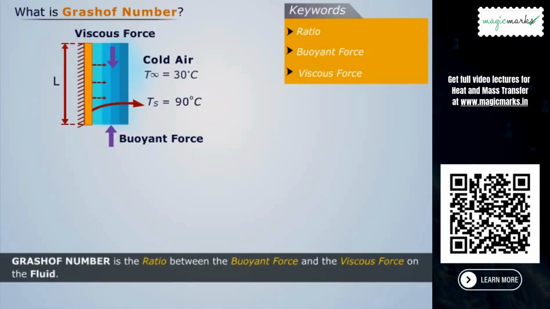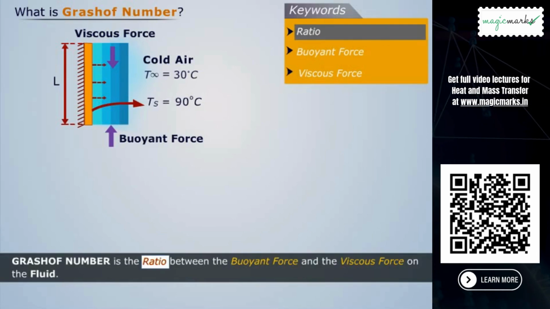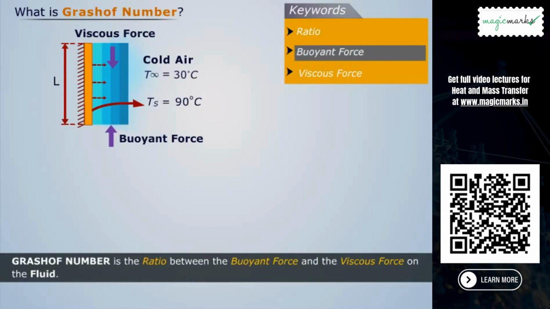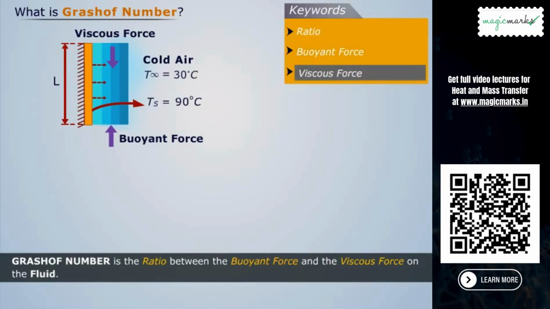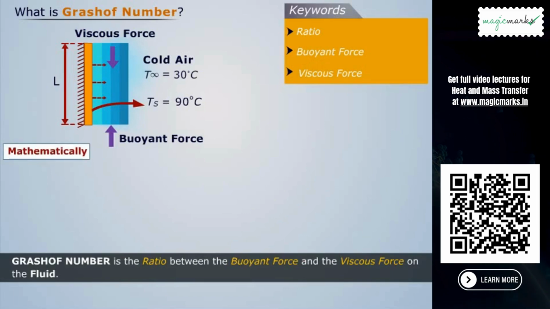Thus, Grashof number is the ratio between the buoyant force and the viscous force on the fluid. Mathematically, Grashof number can be expressed as